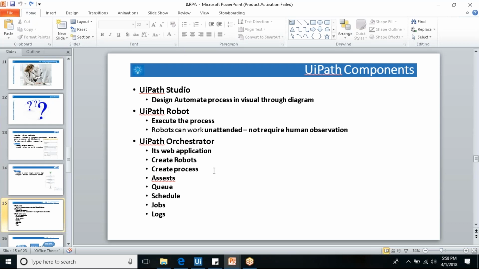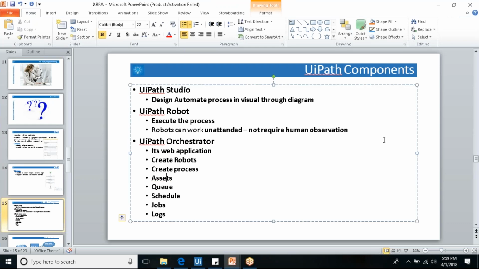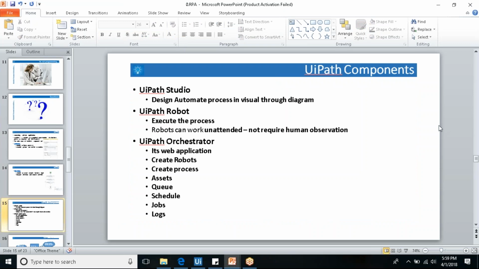By using Orchestrator, I can create the robots. So what is creating a robot? Creating robots is nothing but you have virtual machines, and the virtual machines should be integrated with your UiPath Orchestrator. So what is a virtual machine here? It is nothing but robots, my robot machines. Whether it is a physical machine or a virtual machine, if you want to run a process from that machine, it should be added as a robot